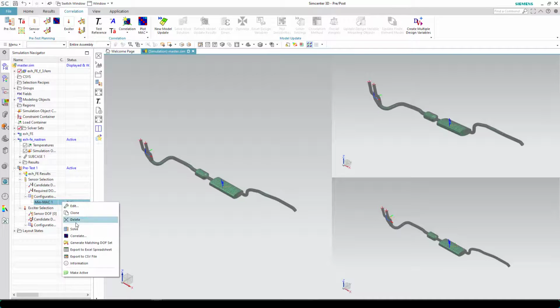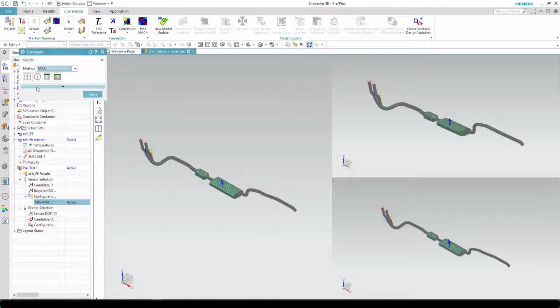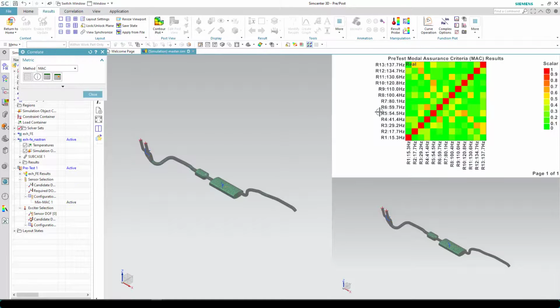And then after it's solved, I can come in and I can look at a MAC, and this is the MAC based on the 4 locations. You can see there's the ends there and some other stuff was selected. And if I look at this, I can see that some of these off diagonals, what were they ideally?